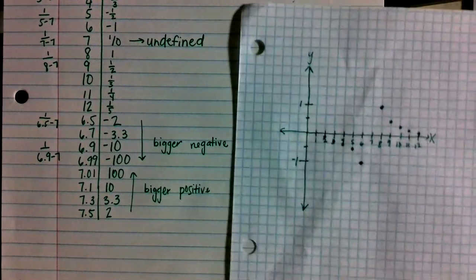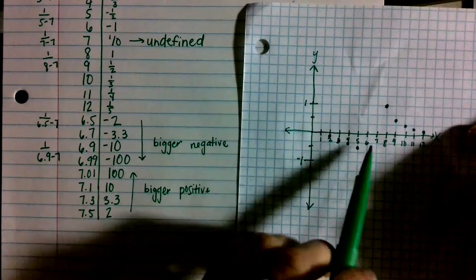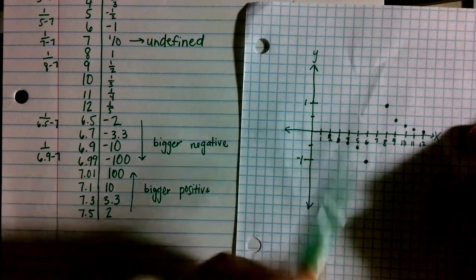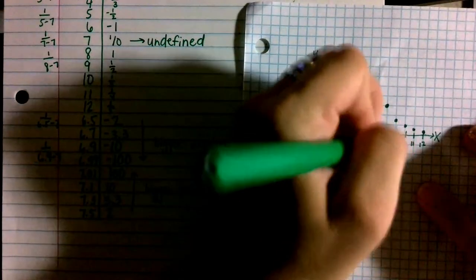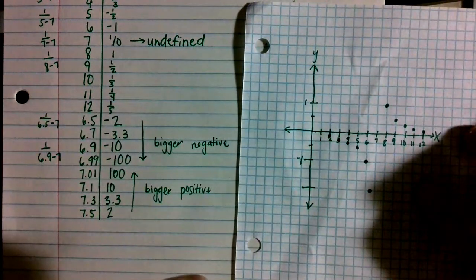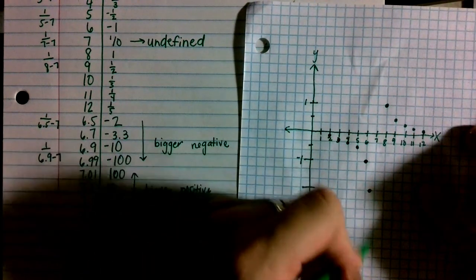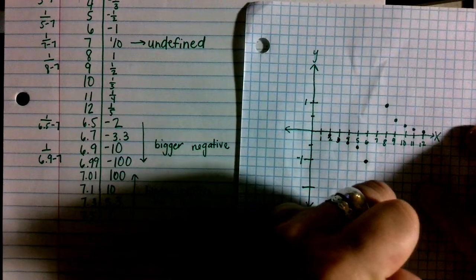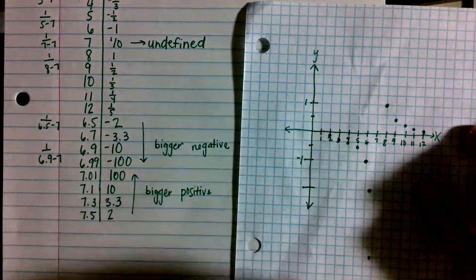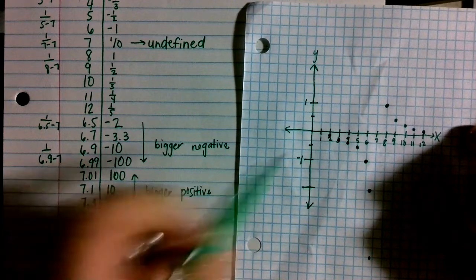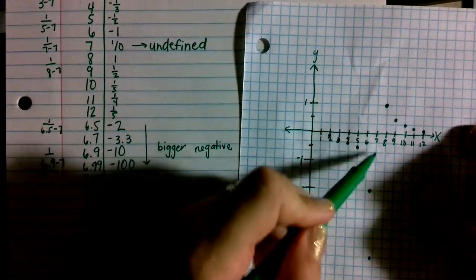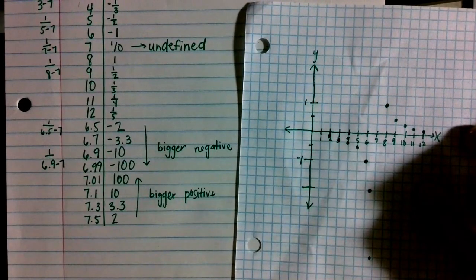So I've got my graph. If I were getting close to 7, so I'm going to do a 6.5, that's going to be here at -2. If I were to do that 6.9, I'm going to be way down at -10, which again, I'm just estimating. And then if I did the 6.99, it'd be way down here at -100. But you can see it's getting really, really close to this 7, but it's never going to actually touch 7